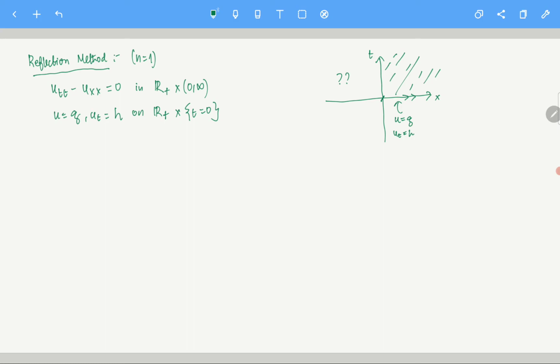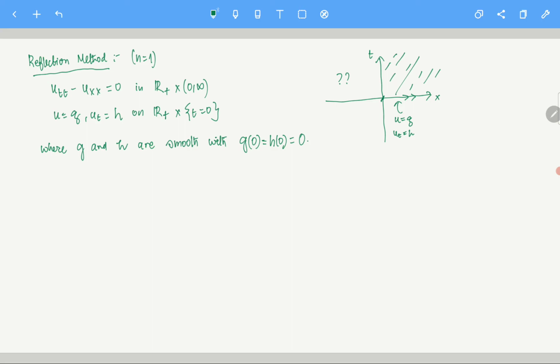Right. Now I want to write down a formula for this problem, and I need some more information. Here G and H are smooth functions, with this information: G of 0 is equal to H of 0, which is given by 0. This is very important information for whatever we are going to do. So at the point 0, G and H are going to be 0. Clear? This is the information which you are going to use.